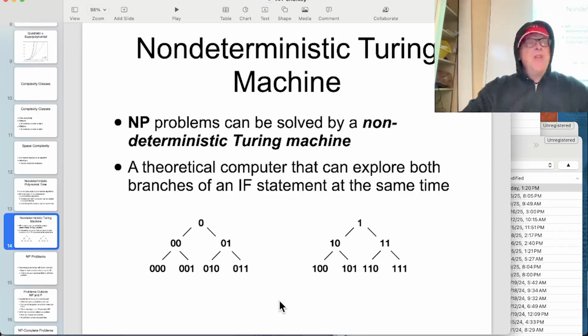So, of course, it's not possible to build this because 2 to the 128 processors is more than all the matter in the universe. So you can't really build that. But if you had one, it could solve this problem in polynomial time. In fact, it would be linear time. It would be linear in the length of the key. So that's an NP problem. It can be solved by a non-deterministic Turing machine in polynomial time. The only problem is we don't have one of those.